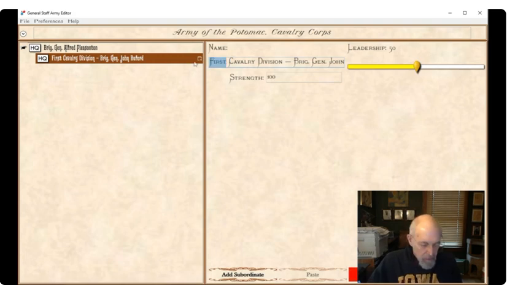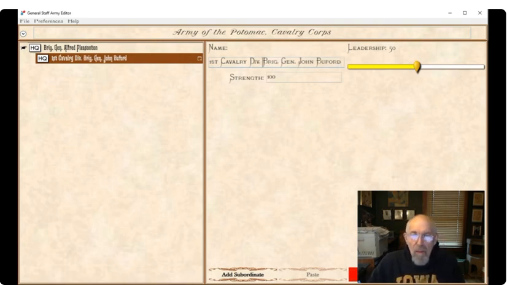I think it'll look better in the actual game. So we'll probably go 1st Cavalry Division. And Buford was a very good commander, and we'll give him about 83.